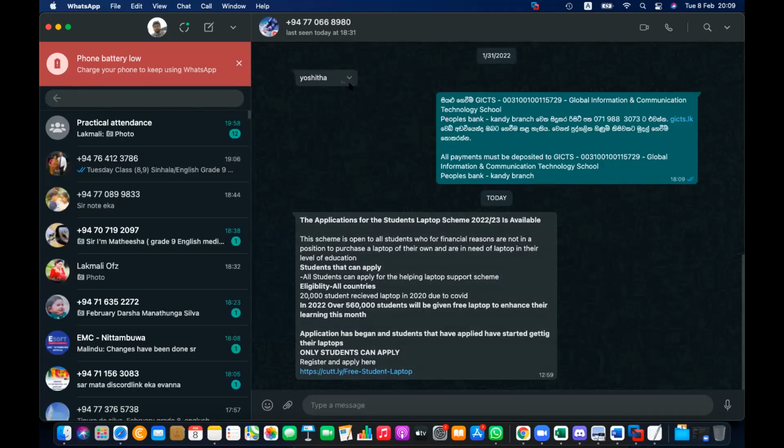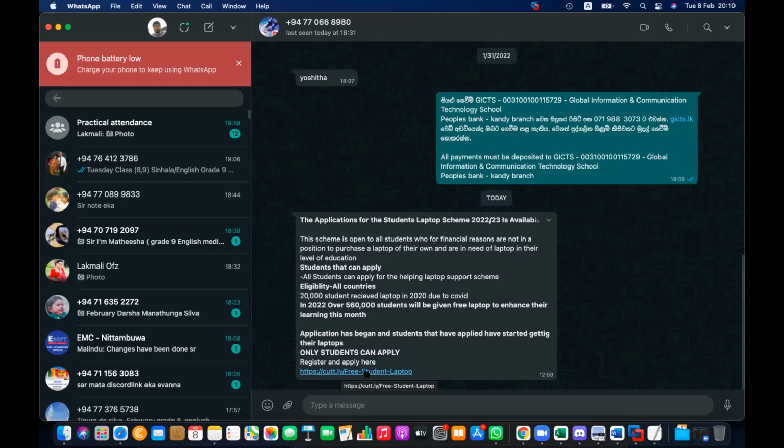The application for student laptop schemes available. I'm not sure whether this is genuine or illegal, but I didn't click it, because this is cutt.ly. It seems illegal or an unwanted URL, because this URL never gives me any feeling of genuineness. I didn't even check.